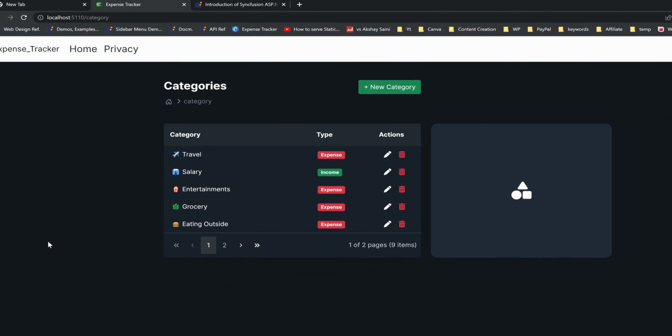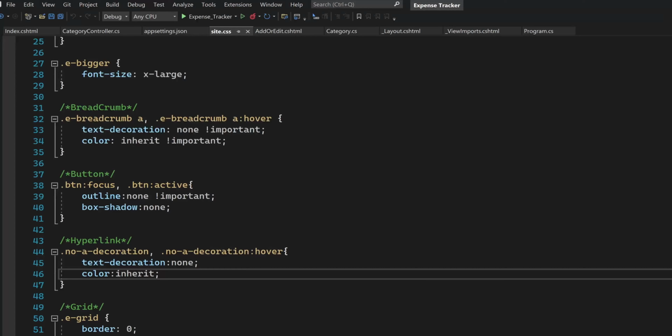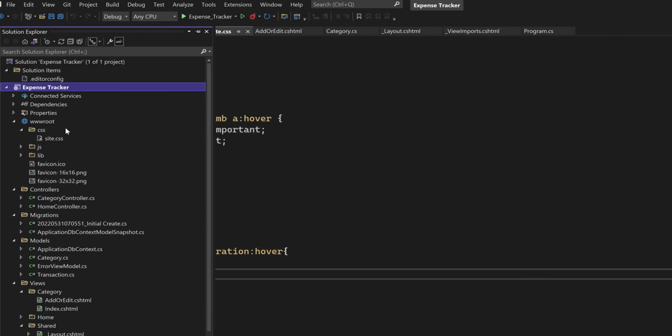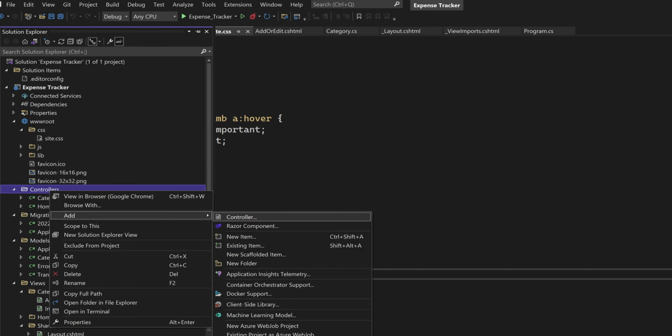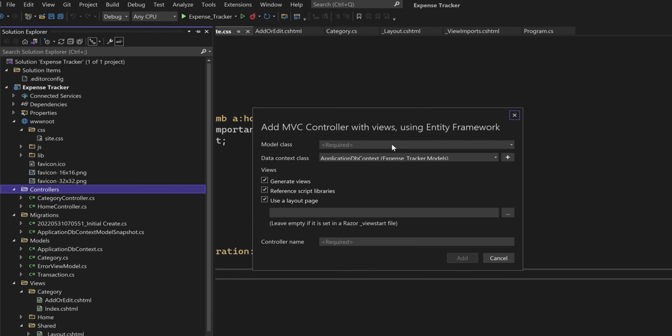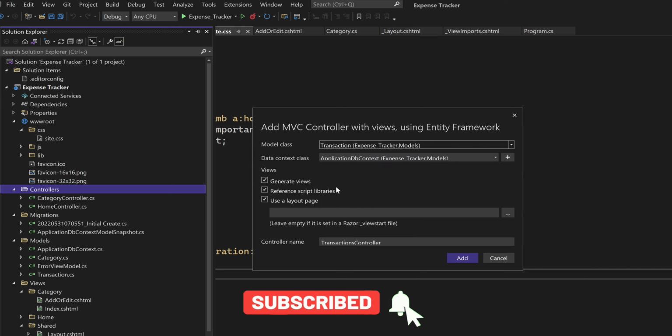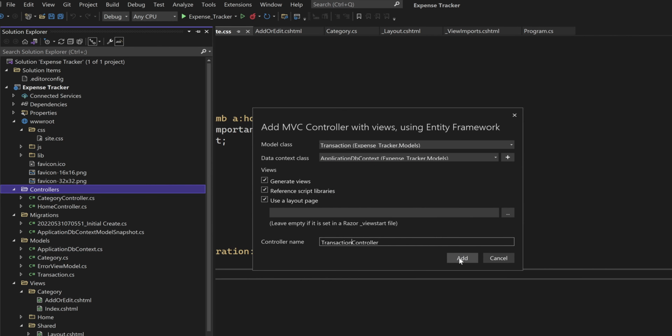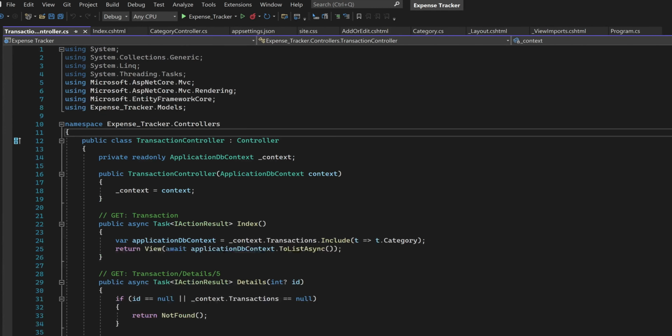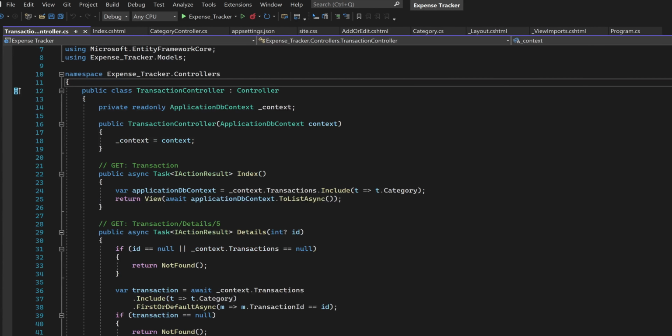So that's enough with the category controller. Let's create a controller for the transaction entity and let's do the CRUD operations like we have done here. So we'll be following the same procedures. First of all, let me create the transaction controller. Select the transaction model and I will name this controller as TransactionController. Now click on add. So here we have the transaction controller created through the scaffolding mechanism and hence it has